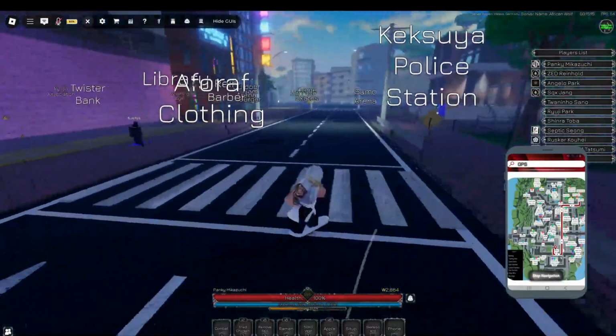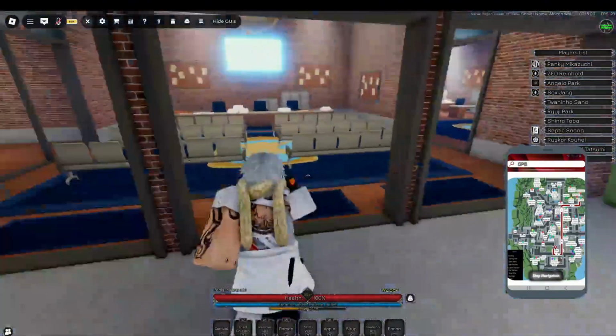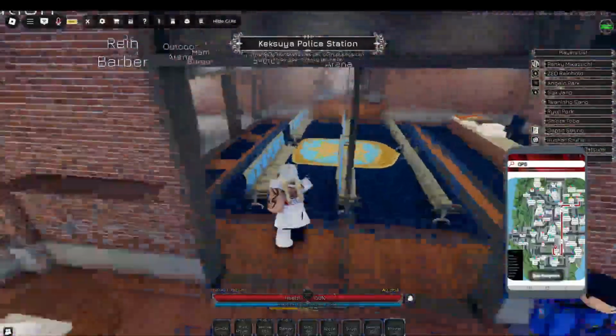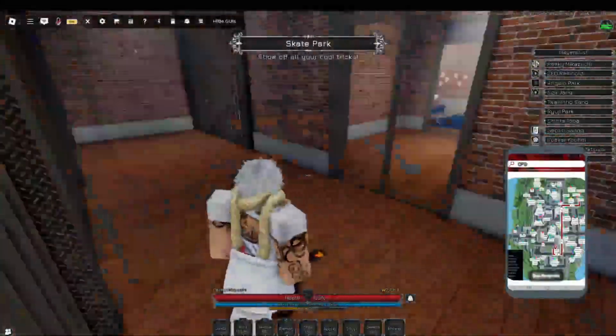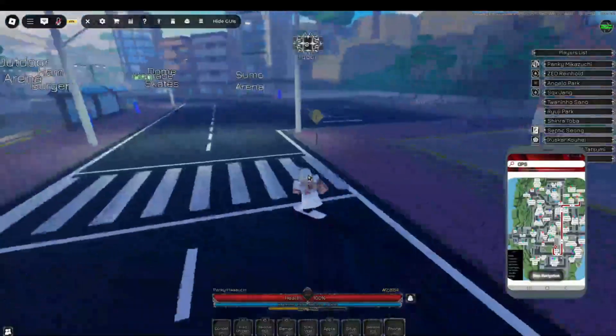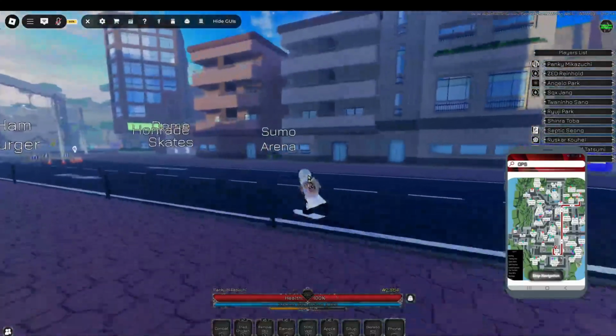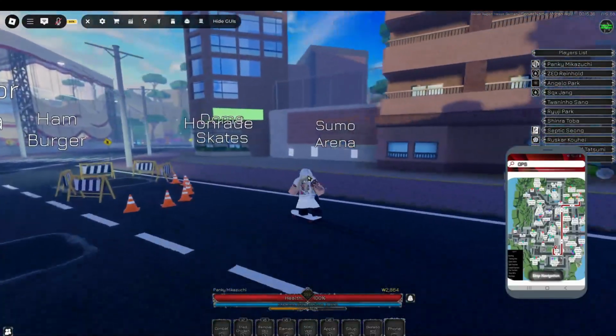Police station looks really cool. The clothing and accessories is right here. But I actually haven't seen the police station, so this is really cool. This is a new bowling. They've added police to the game, so if you want to acquire a police station, you probably can somehow. I don't know what your stat requirements are for it. No requirements at all. But otherwise, I'm going to take us down to Sumo and Honrad because I also haven't